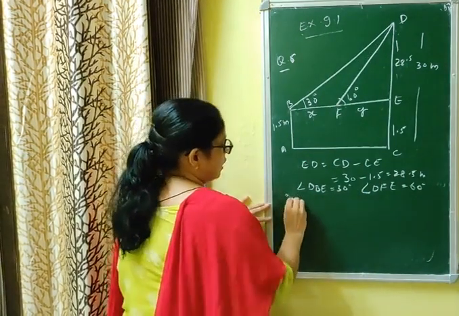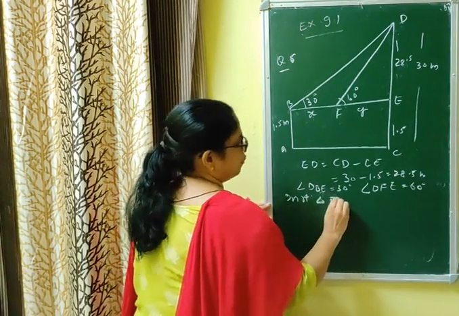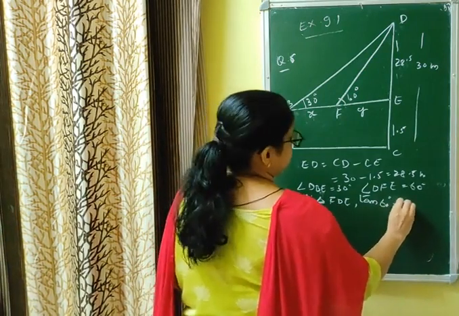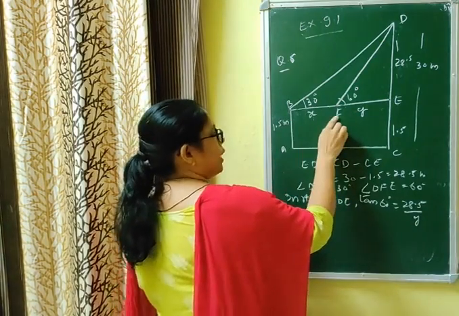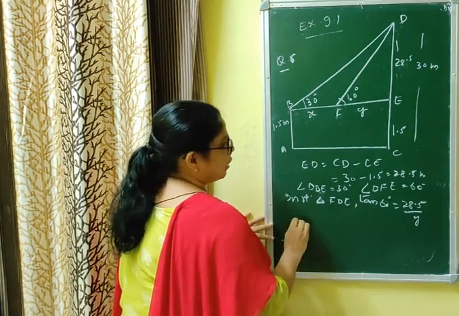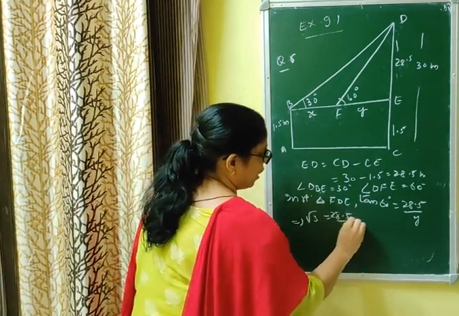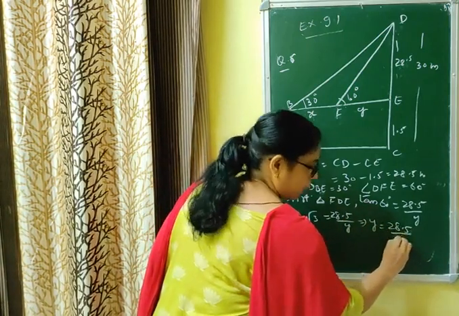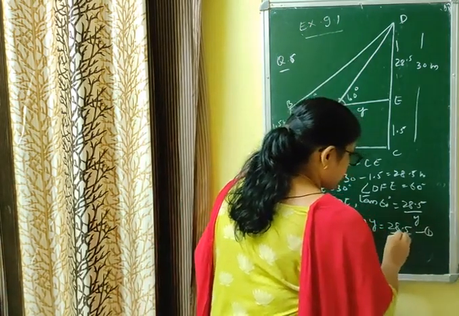Now in right triangle F, कोई भी नाम आप दे सकते हैं. FDE: tan 60 is equal to 28.5 by Y. Let BF equal to X and EF equal to Y भी आपको असम्प्शन करना है. जो भी असम्प्शन आप लोग हैं ये लिखकर बताना है. Implies root 3 is equal to 28.5 upon Y. Implies Y is equal to 28.5 upon root 3. Let it be equation number 1. बाद में हम rationalize करेंगे.